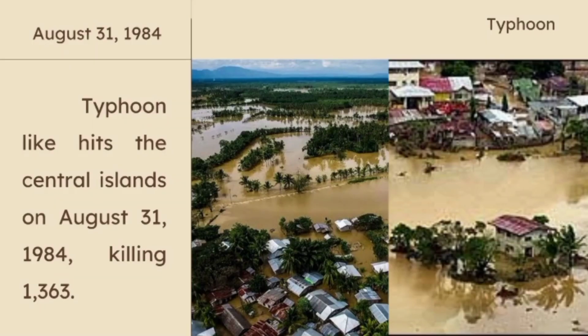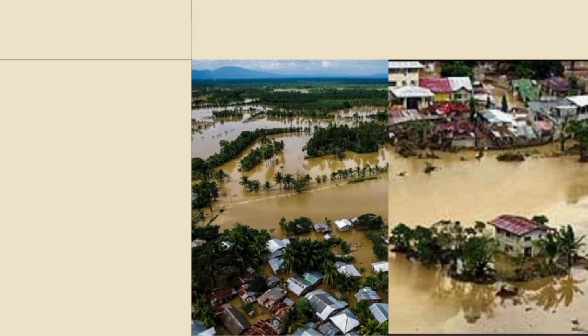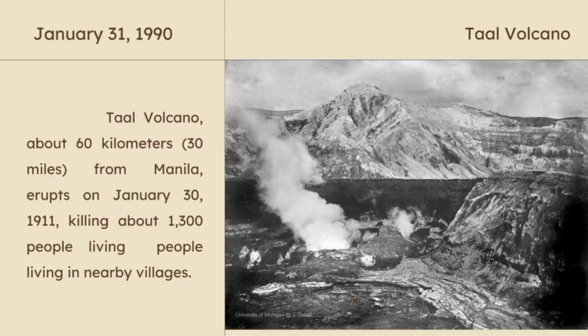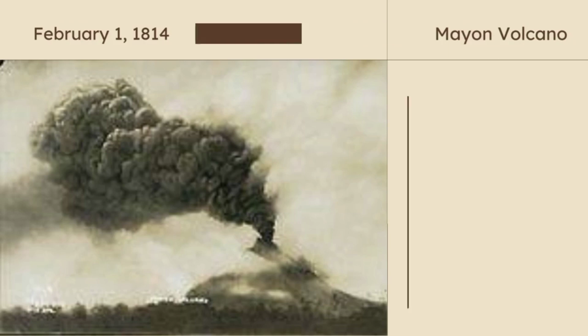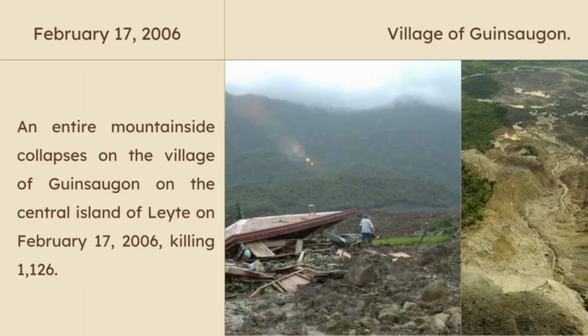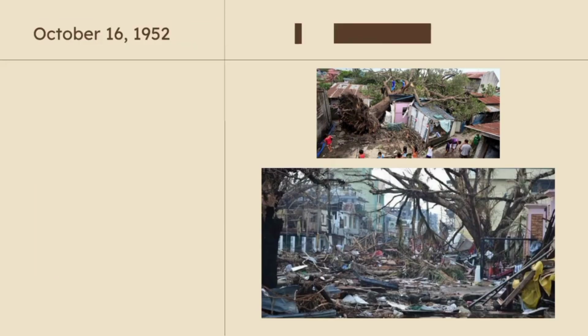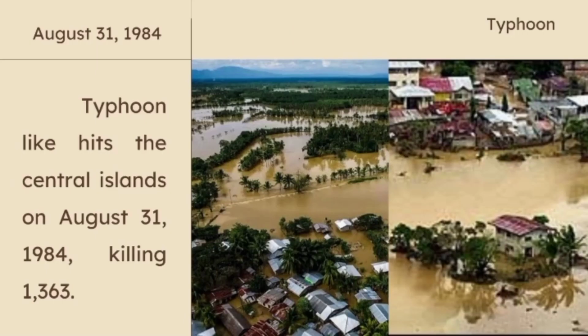Next is a typhoon. It is Typhoon Ike, or in the Philippines it was known as Typhoon Nitang. It hit the Central Islands on August 31, 1984. It killed 1,363 people. So Typhoon Nitang was the second deadliest tropical cyclone in the 20th century in the Philippines, originated from